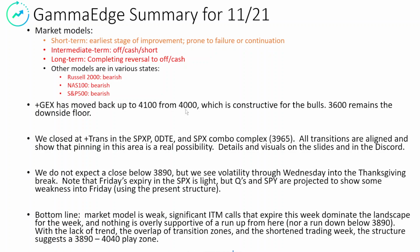We saw a huge 0 DTE or 1 DTE line grow at 4,000 late last week as people were looking opportunistically for the SPX to move up. It did not. So they effectively had to close those and monetize those out, most likely for a loss. We do think this move upward to 41 is constructive for the bulls. Downside line 3,600 is solid, so as we push north, you might want to pick up some insurance to the south. Interesting to note, we closed at plus trans, which is the level with that strike where it and all